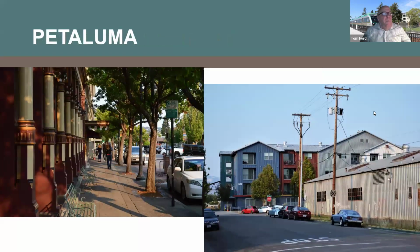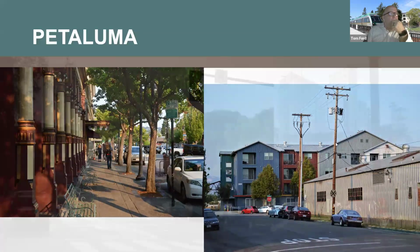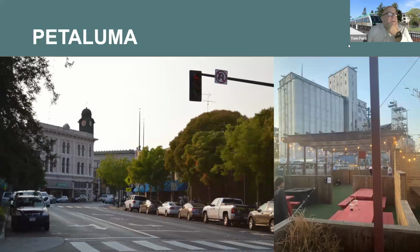For those of you who haven't been to Petaluma, I just included about 3 or 4 photos here in the next couple slides, just to give a glimpse of what it is. It has a rich architectural heritage, generally speaking to its riverfront and industrial and agricultural past, but it's intermixed with more recent development that, as you can see on the right, tries to take in something of that industrial or agricultural vernacular in the expression of its materials and its form. Especially downtown, it has a lot of nice walkable streets, and throughout the city, as you can see on the right, there's a really rich interplay between existing, new